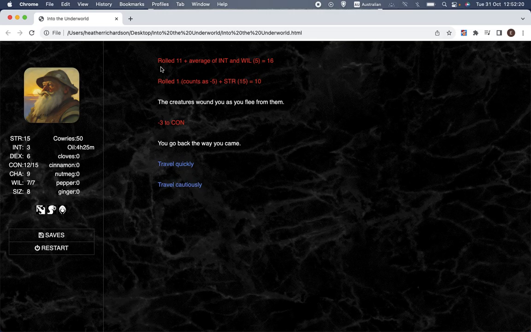So what's happened here? This is a thing that I probably should add. What's happened here is Semblance of the Worm comes into play when you get into a fight. You roll a 20-sided die plus the average of intelligence and willpower. And I failed, and then if you fail, it goes straight on to just